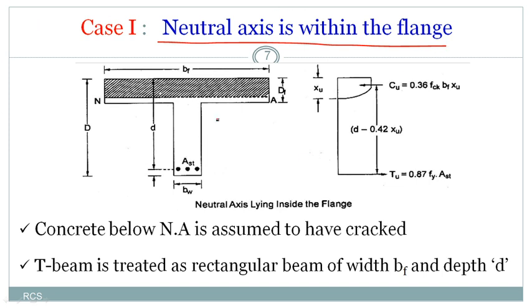Right. So this is my T beam. This will be the neutral axis in the T beam. Where is it lying now? It is lying in the flange. So this is the flange portion of a T beam and this is the web portion of a T beam. According to the first case, our neutral axis lies within the flange. So according to this, we have to draw the stress distribution diagram. It is similar to your rectangular stress distribution diagram. Now the neutral axis is here and this is the depth of the beam.